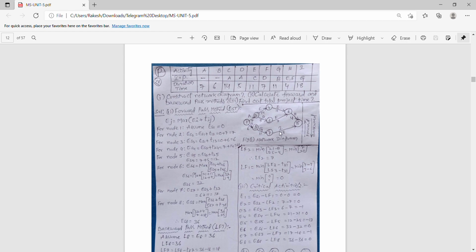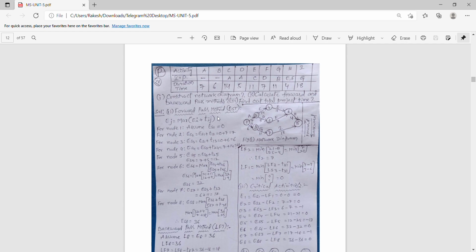Next, I is coming from G, and there is no need for I to end at the eighth node. But there is a rule that a network should have only one starting point and one ending point. So to end all at once, I is also connected to the same node which is connected by H.